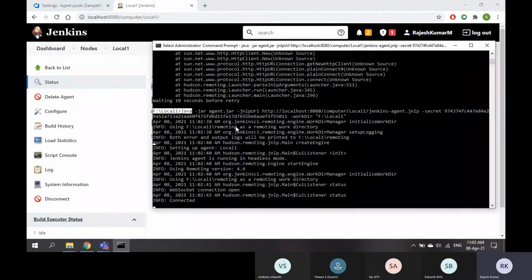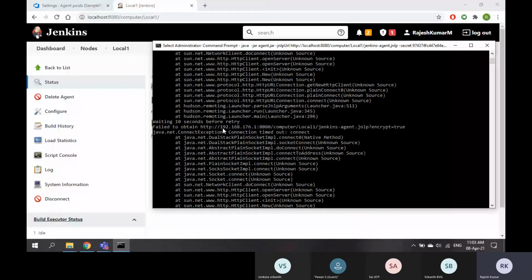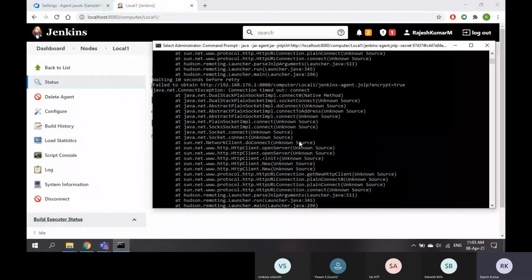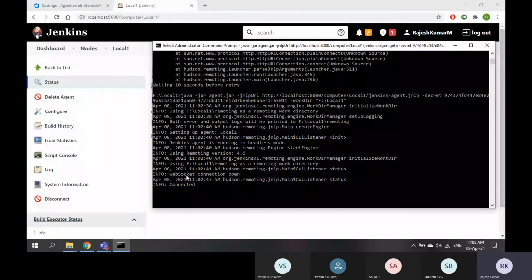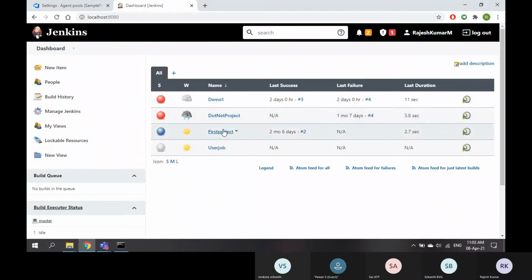If these two are in the same network and there is a specific IP address, it will try to ping that, but it can't go to the C drive. When it's localhost, it obviously connects. Now it is connected. So if I go to jobs, let's say I will run this job.